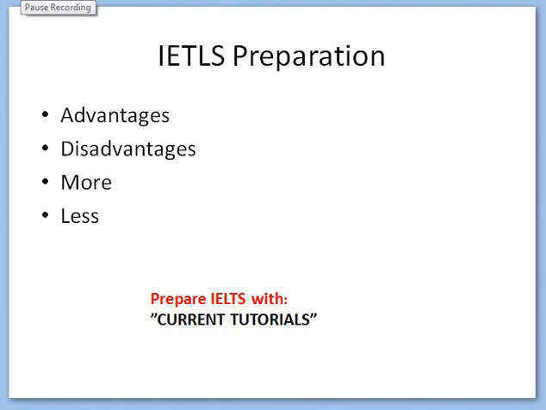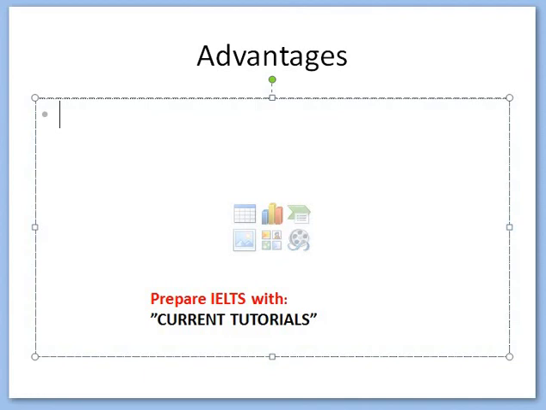Okay, in this section we will discuss synonyms of advantages, disadvantages, more and less. So let's start with the advantages. Advantages is same as benefits.